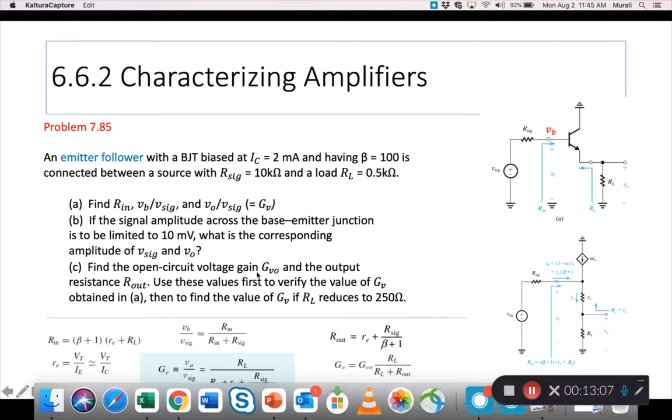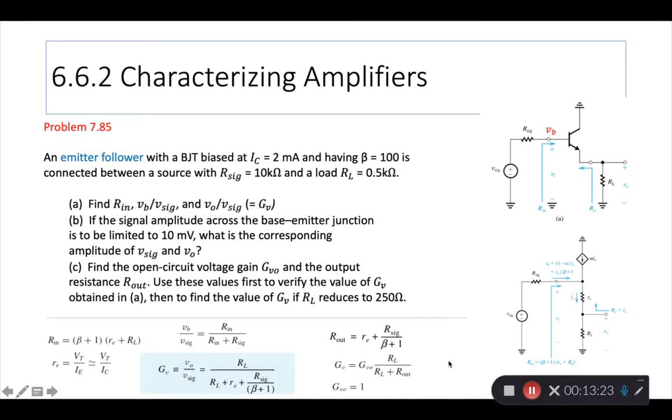Find the open circuit voltage gain and the output resistance R out. Use these values first to verify the value of GV obtained in A, and then to find the value of GV if RL reduces to 250 ohms. So a bunch of things have to be done. Here are all the formulas: Rin, Re, small re,